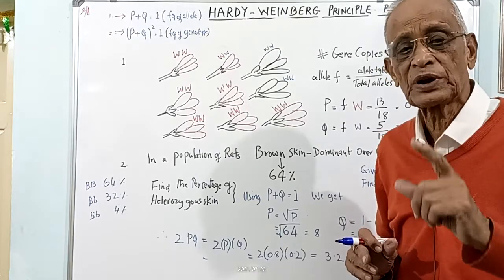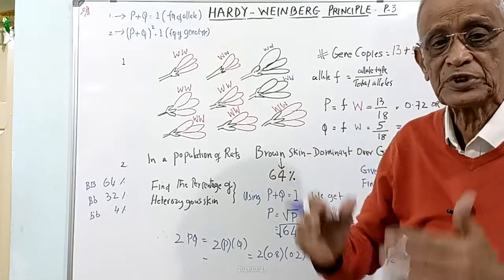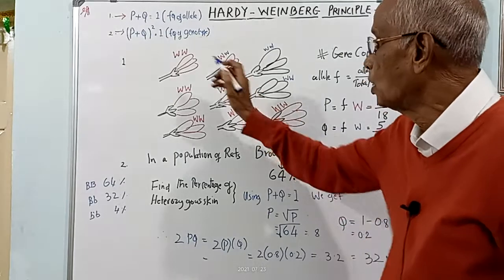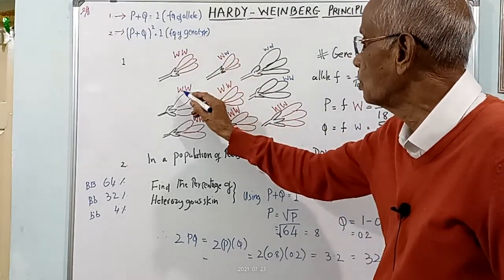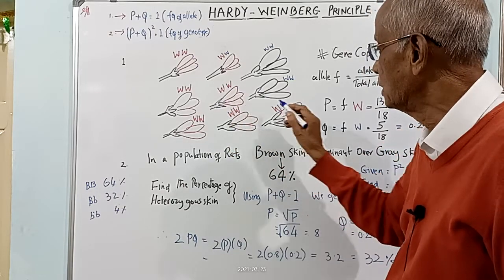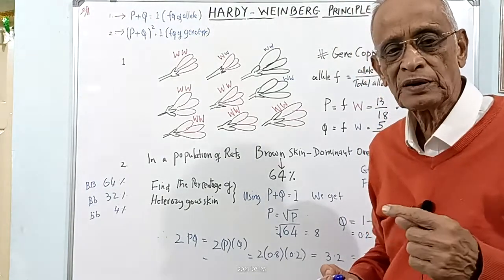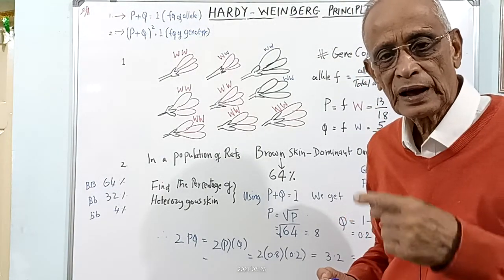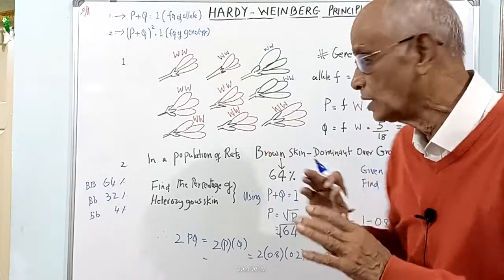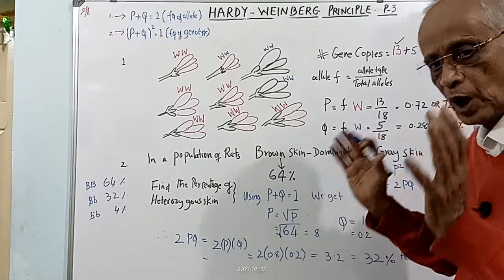of alleles. Now let us look at the frequency of the dominant allele. How many times is it appearing in the population of the 9 flowers? Let's count. 1, 2, 3, 4, 5, 6, 7, 8, 9, 10, 11, 12, 13 times the allele for dominant color is appearing in the population of 9 flowers. That's what we have written here. So gene copies are 13 which are dominant ones.